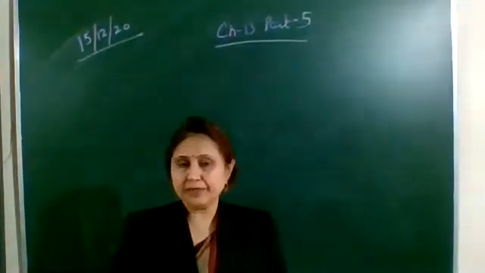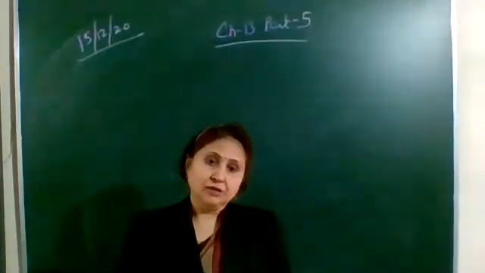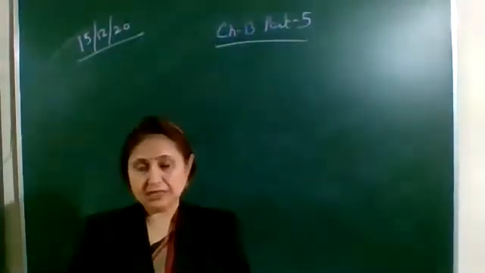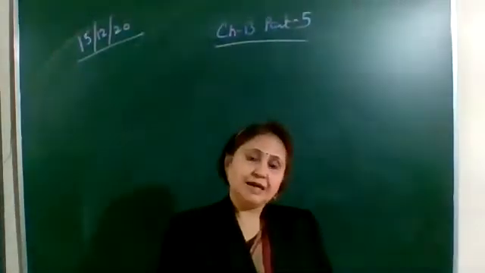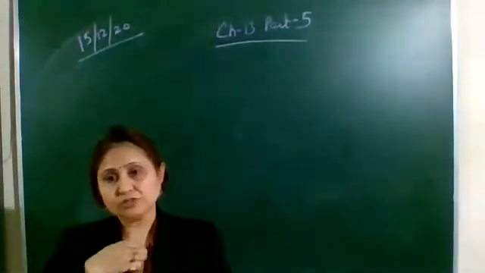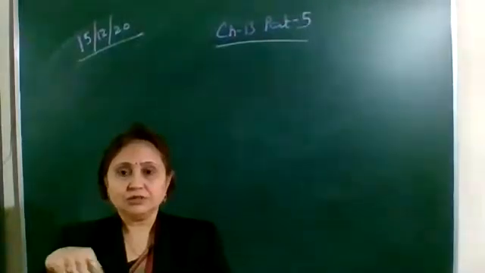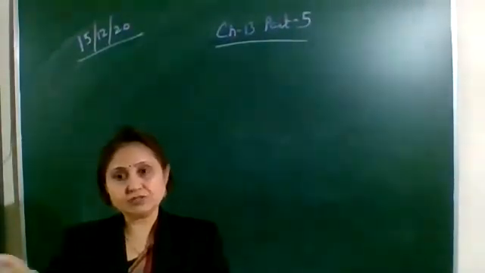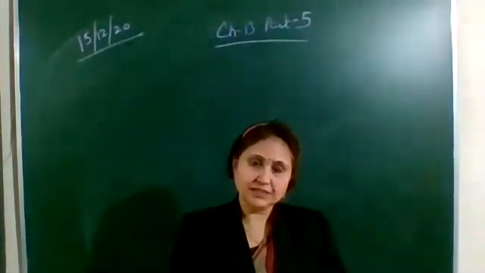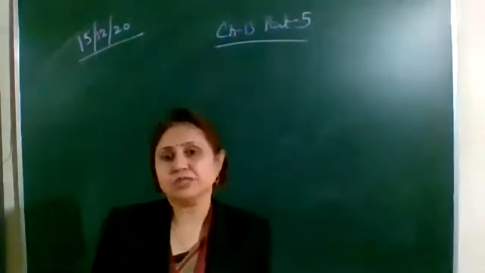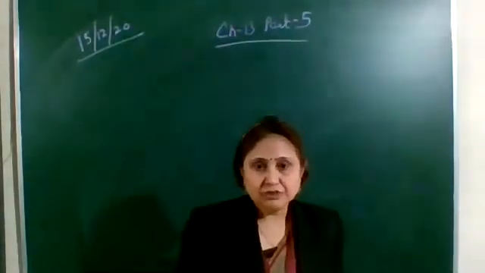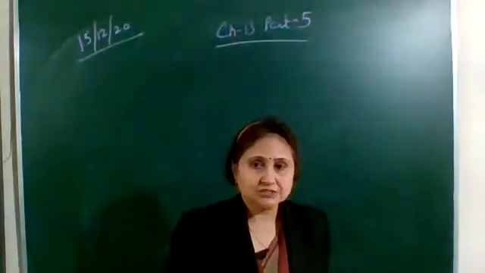It also depends upon the distance from the wire. The greater the distance from the wire, the less the magnetic field, and the less the deflection in the compass needle kept there. So the magnetic field decreases with increasing distance from the wire. As you can see, the radius of the concentric circles drawn around the wire increases as we move away from the wire. So we can say that the magnetic field is inversely proportional to the distance from the wire. So the magnetic field depends upon these two factors: the current and the distance from the wire.